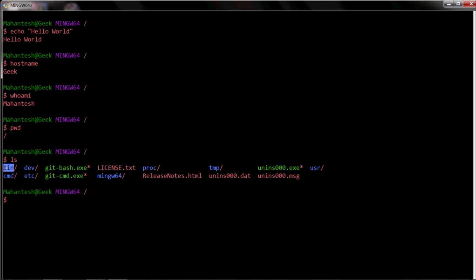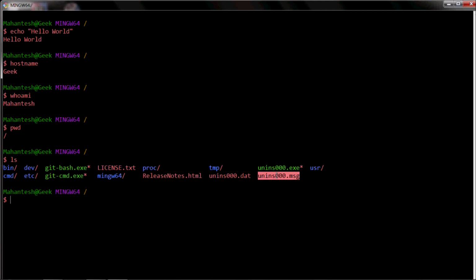So the ones that are starting with B are appearing at the beginning, and the ones that are starting with U are appearing at the end. So that is the default behavior of the ls command. It orders the files according to their name in ascending order, basically, right? So that's the functionality of the ls command. And there are a whole bunch of options one can pass to this ls command, based on which the output varies